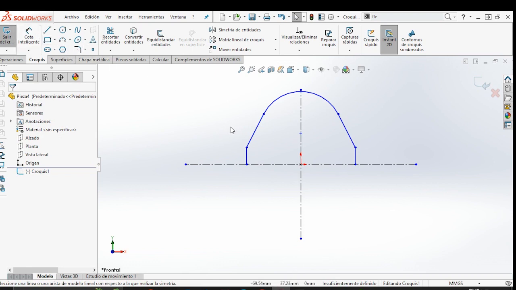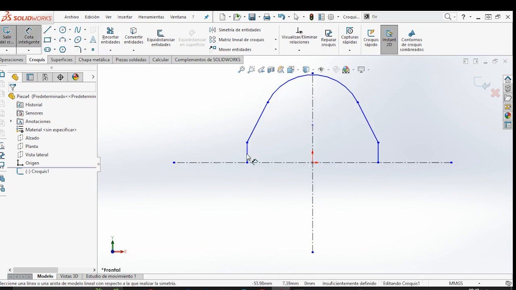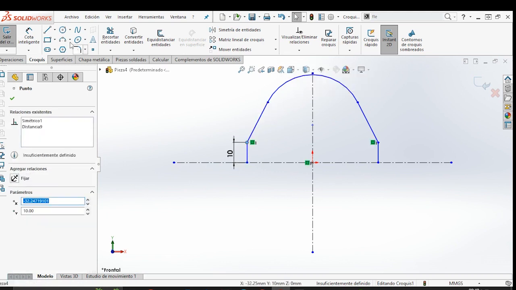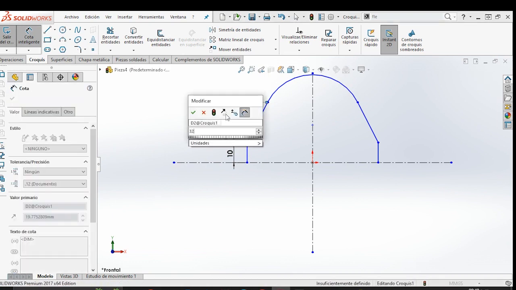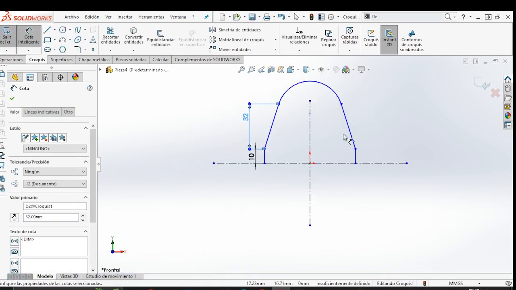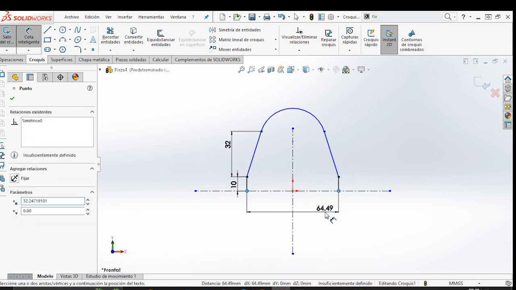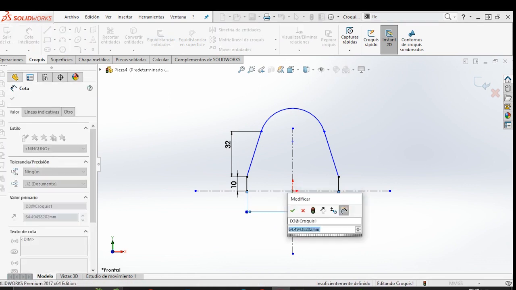We give, and select this, 10, here to this point, to this point, gives 2, and here to here we give 40, and